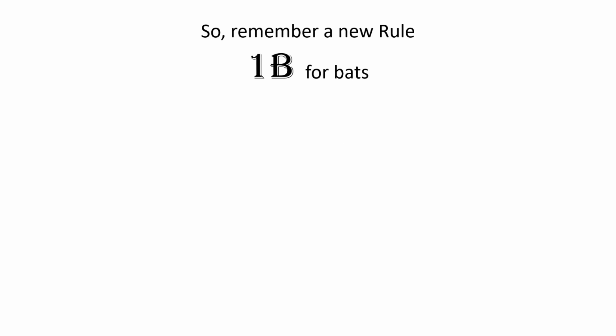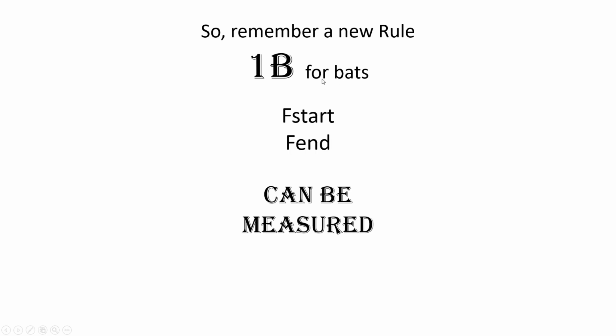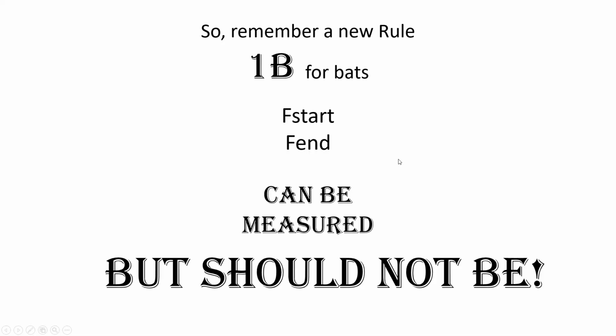So remember a new rule, not rule 1, not everything that can be measured should be, but this is rule 1B for bats. F start and F end can be measured, but they should not be. So hopefully you'll be on your way to only measuring and reporting parameters that are useful. So until next time, when we look at another rogue parameter that's not very useful for identification,